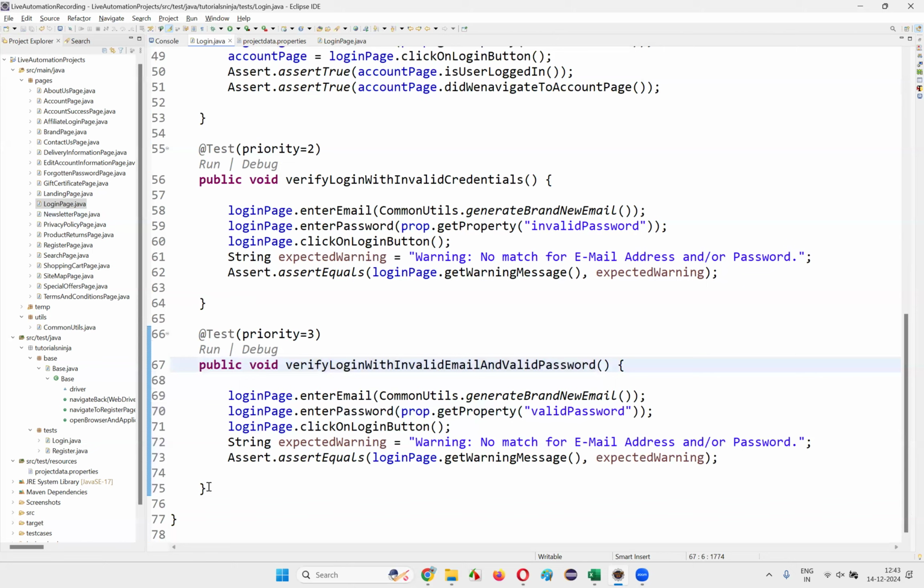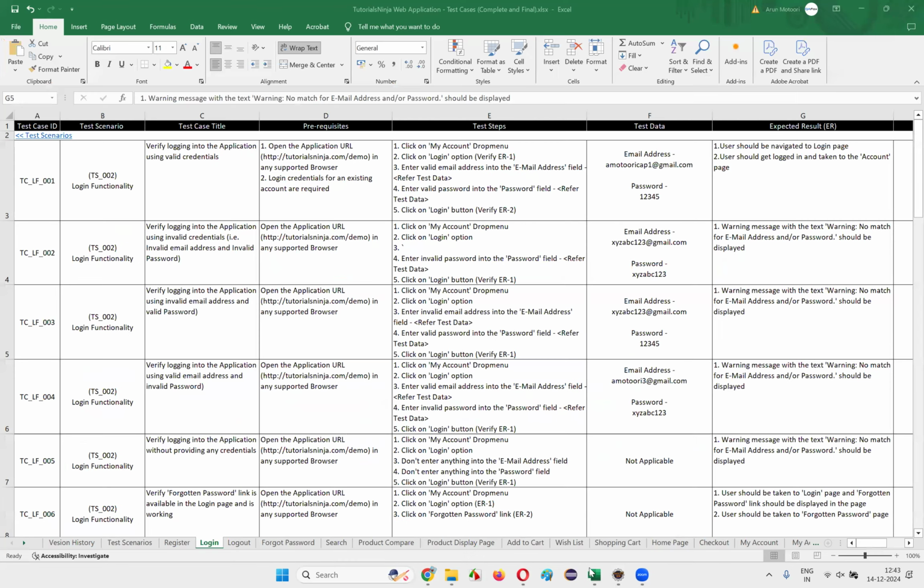Okay, let's go to the Login.java and go to the fourth test case now. Let's automate the fourth one. Verify logging into the application using valid email address and invalid password. So every time we have to give a different valid email address, because every time with a valid email address and if you give an invalid password, right? After a few attempts, account may get locked. The same email address, if you are trying with invalid password multiple times, this particular account may get locked